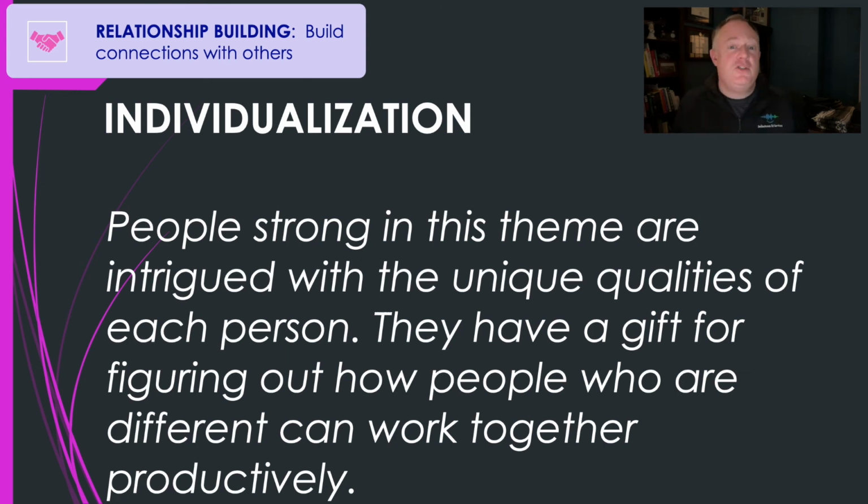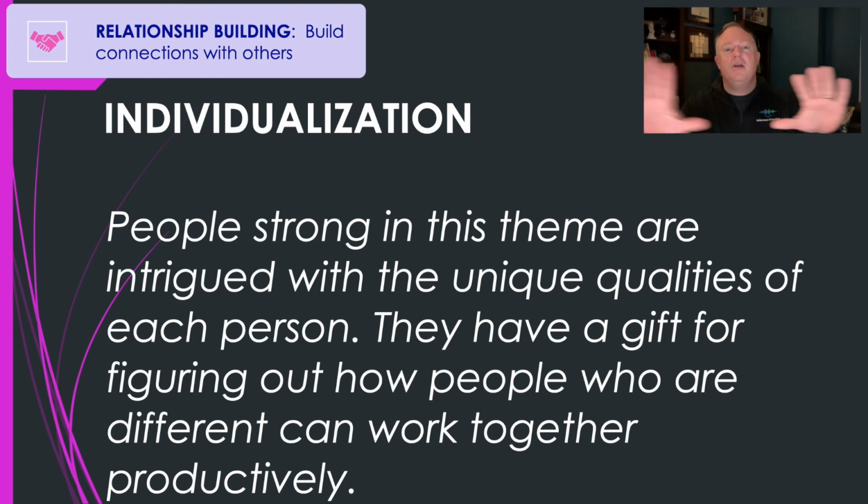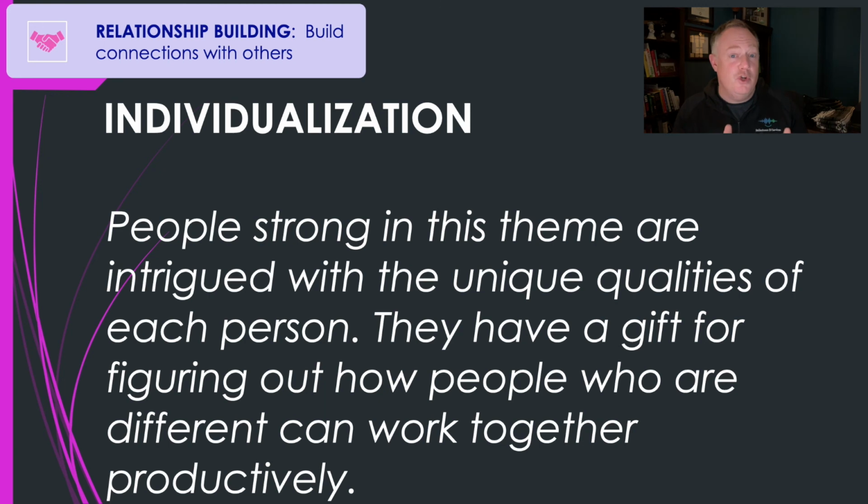So along those lines, a potential blind spot for individualization could be where it's really hard for you to make general assumptions for large groups, which usually is a good thing. It's usually not good to profile or to use assumptions or stereotypes. But for a wedding or an event, sometimes you kind of have to go with, okay, what is going to be good for the gander, not just each individual goose. You need to make some of those calls, and that could be a blind spot for folks. And it might be hard for you to find patterns in data or in groups of people because you're so focused on the individual data point or the individual person. It's hard to find patterns. So that could be a blind spot for you as well.